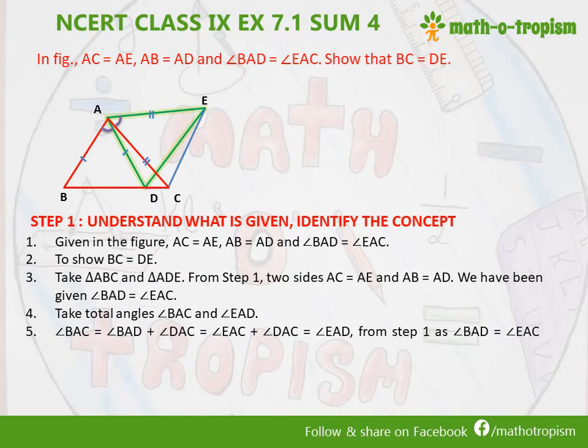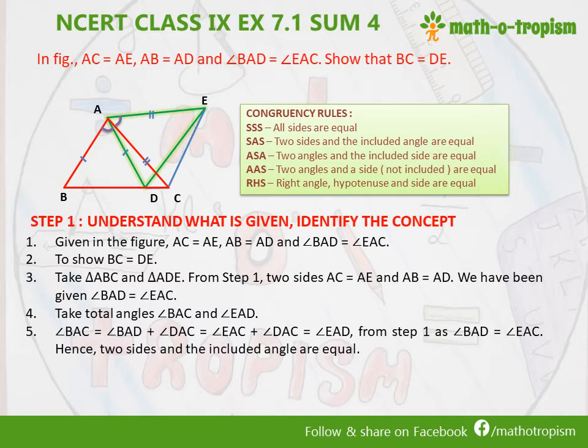So here now we have in these two triangles two sides and the included angle. That means two sides AC and AB, and both have the included angle of A. Similarly, AD and AE, the included angle is again A, that is DAE. So now when we think about all the congruency rules with which we can prove that these two triangles are congruent, we can see that we have the SAS, that is two sides and the included angle are equal. So by using that, by SAS congruency rule, we can write which triangle is congruent to which triangle. That we have to see now.